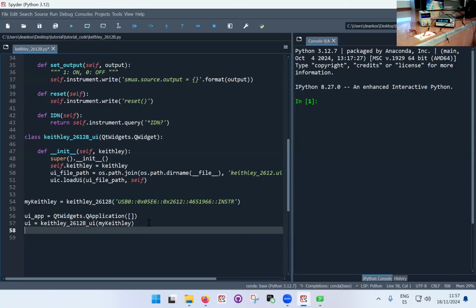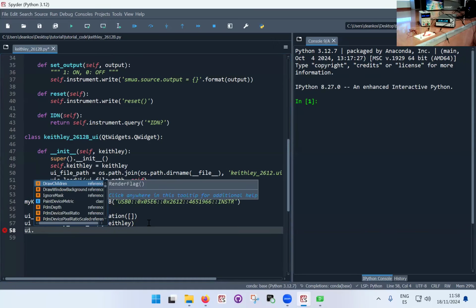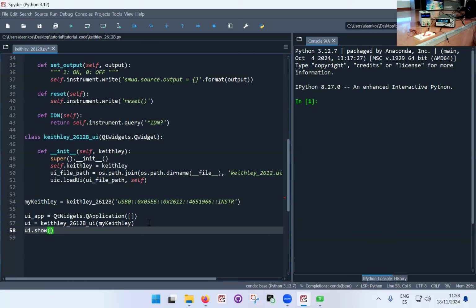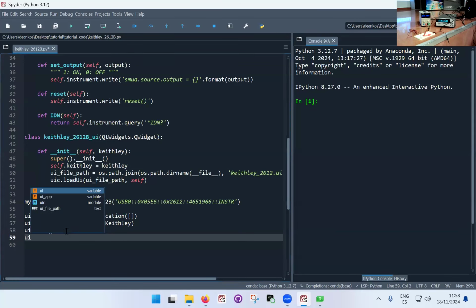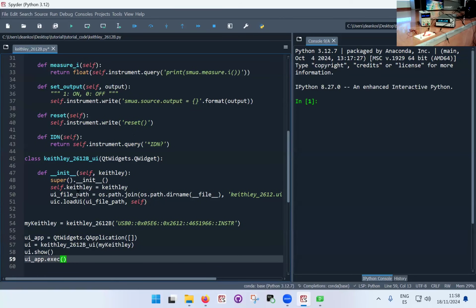Now I have to actually show the interface. This is very trivial: UI.show. The user interface is this. And then finally, this is another step, which is a little bit technical in the sense that it's related to how Qt works: the UI app that I created in the beginning, I have to actually execute it. And that's how it's done. So these few lines are a little bit technical. Just keep them there when you're doing your own thing, and you can go and look at what they actually do and why they're necessary. So in principle, now as I run this,